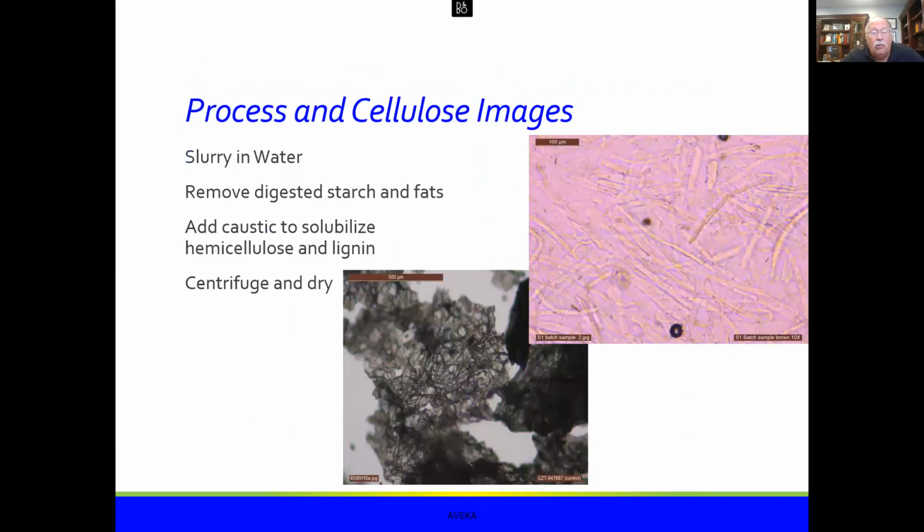The company that we were working with had a really nice process. Basically, they took the corn bran, we slurried it in water, we enzymatically digested the starches and the fats. We used caustic to solubilize the hemicellulose and lignin. We centrifuged it, we dried it, and you can see a picture of the dried cellulose down here, and also a picture of the optical image of the fibers in solution. These people had been doing this for years and years and years. They needed to have bigger volumes. We actually built a plant, and